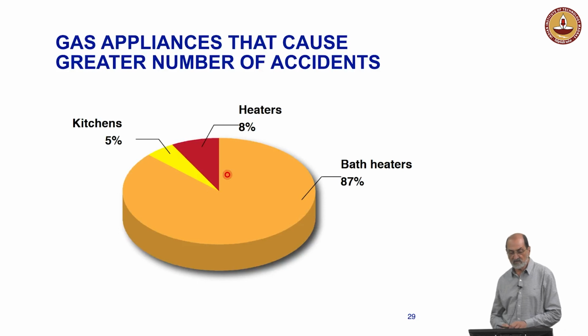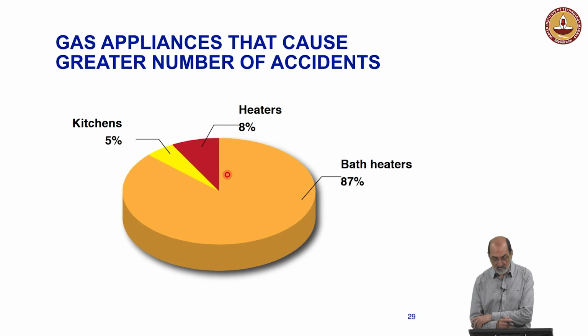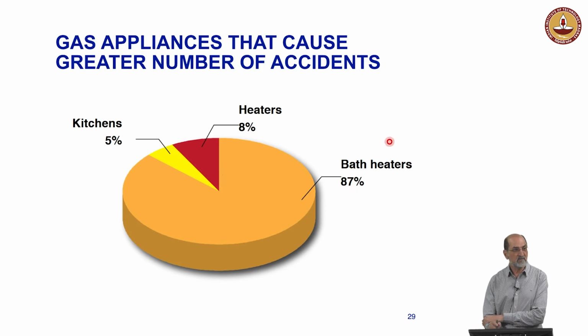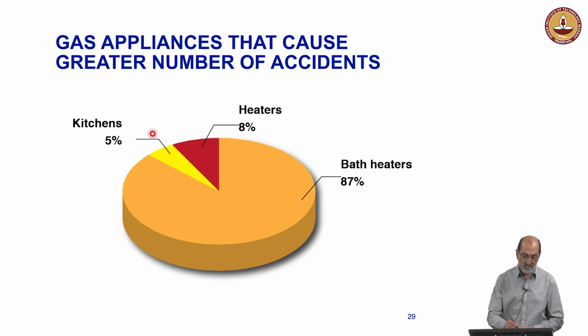So, next point. Which appliances are more dangerous? Well, the bad guy in the movie is the bath heaters. 80% of the accidents happen with bath heaters. And the reason is very simple. We have general heaters and then kitchens. But why are bath heaters